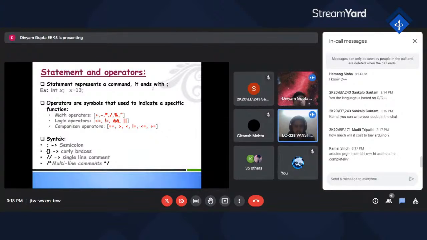As given in the first bracket, it's the equal to operator. We use the equal sign two times, and it shows that if two numbers are equal, it is true, otherwise it's false. The second one is not equal to. If two numbers are not equal to each other, like if A is not equal to B, then it returns true, otherwise it's false.